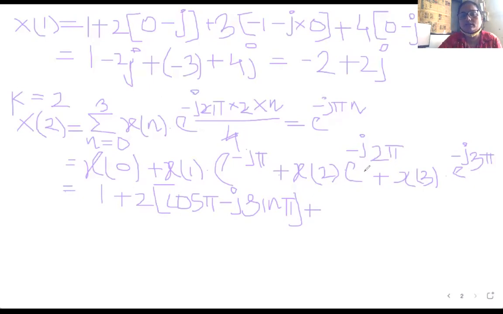How do I write this? Value of x of 2 is 3. So I'm going to substitute here. x of 2 is 3 multiplied by this term e raised to j 2 pi. How do I write here? This is nothing but cos 2 pi